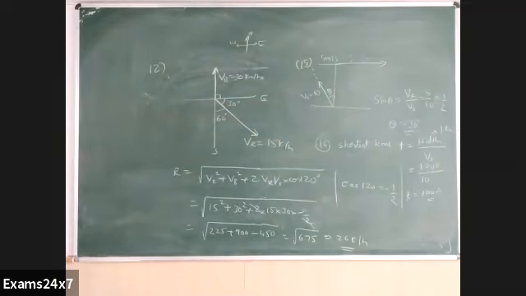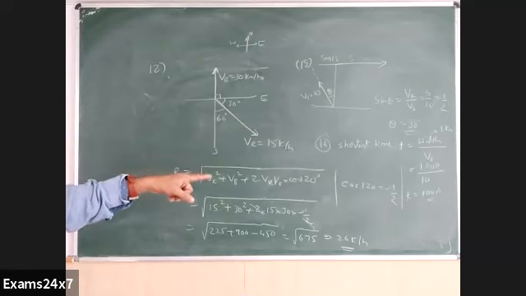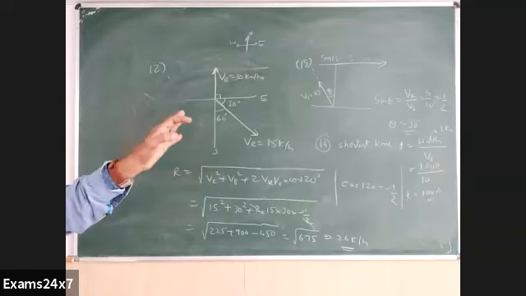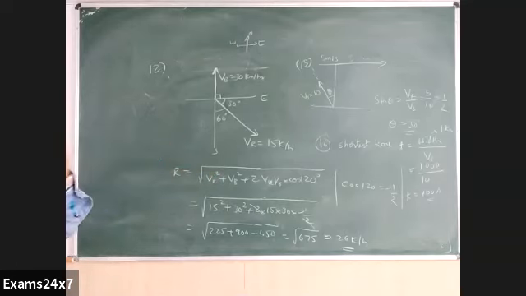So although the question looks a bit complicated, the method to find the answer is very simple here. If shortest time is asked, width divided by the own speed, still water speed, not the resultant. Don't think about that. Still water speed gives the direct answer here as 100 seconds in this problem.